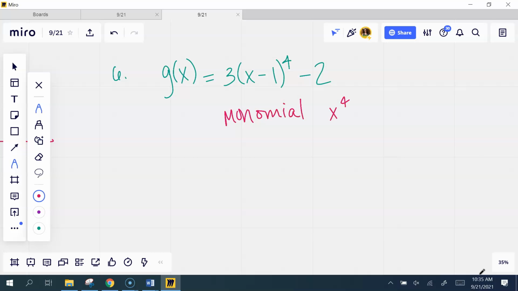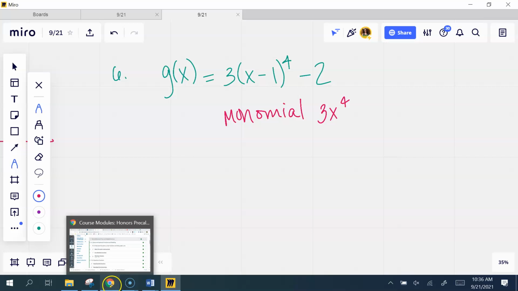3x to the fourth or x to the fourth, whichever one you chose. I'd probably do x to the fourth because it's the parent, but that's okay, whichever one you want, into the graph of the given polynomial function. Sketch the transformed graph by hand and support your answer with a grapher. So maybe we should do 3x to the fourth and then transform that. So if we started with 3x to the fourth,